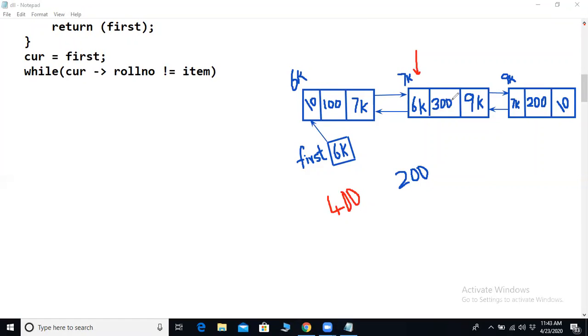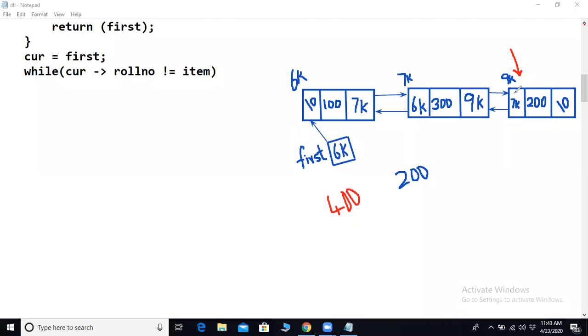Now 7K's roll number field, compare it with the item 400. Again it will not match, so update cur to the next node, 9K. The 9K roll number is 200. Compare it with the item 400. Again it will not match. So update cur. Now what will the cur value become? Cur value will become null.